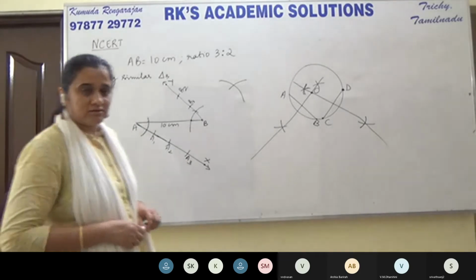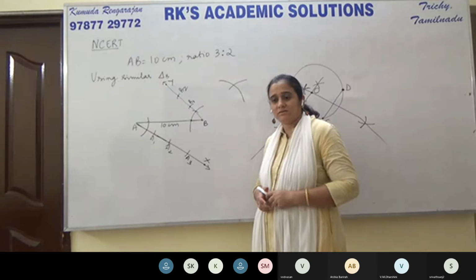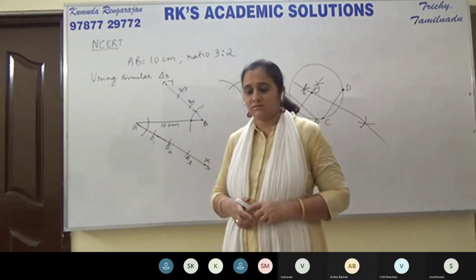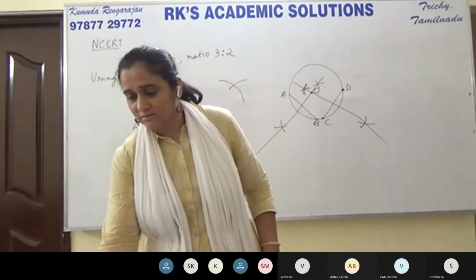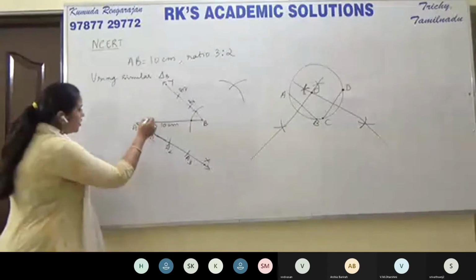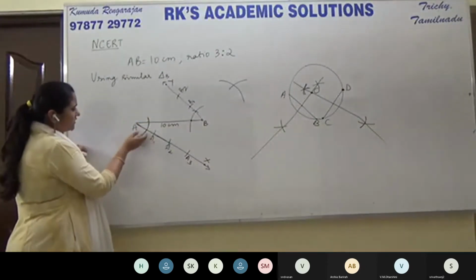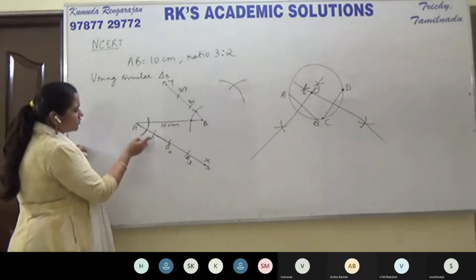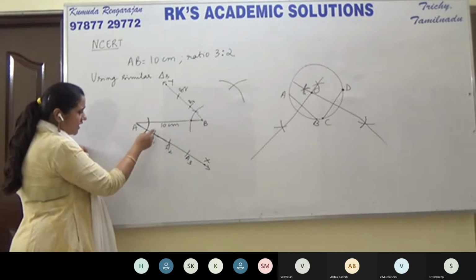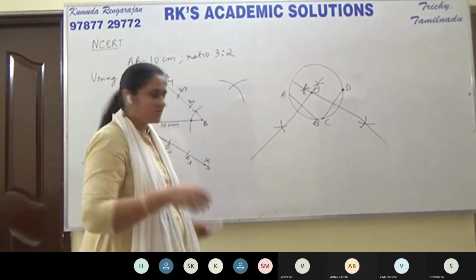Ready, children? Shall I go ahead? Okay. So see, we already have an arc here, right? You can take any radius. It's not that this arc should be before. Some of you may have the arc at A1 before this arc also. That's okay. I told you any radius.